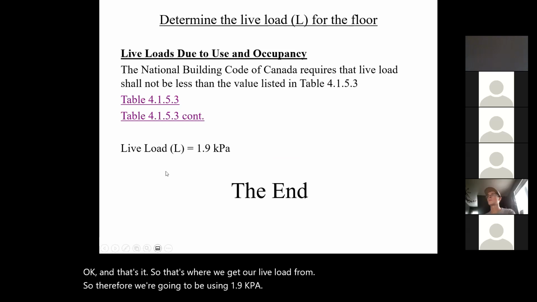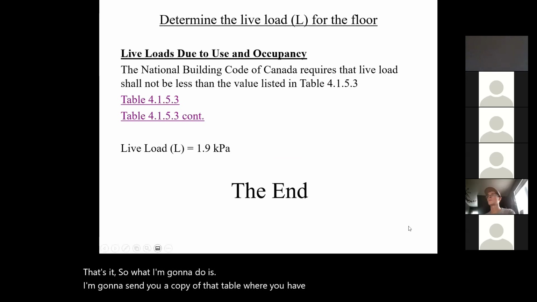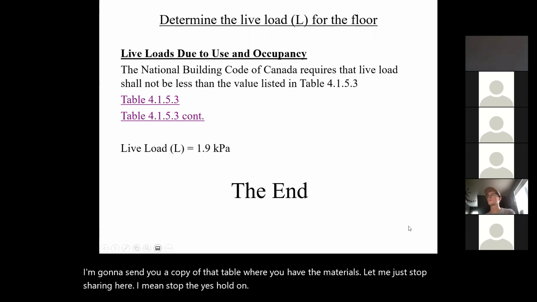And that's it. What I'm going to do is send you a copy of that table where you have the materials. Let me just stop sharing here. Yes, hold on. Okay. Stop sharing. I'm going to pause the recording because this way it's going to be